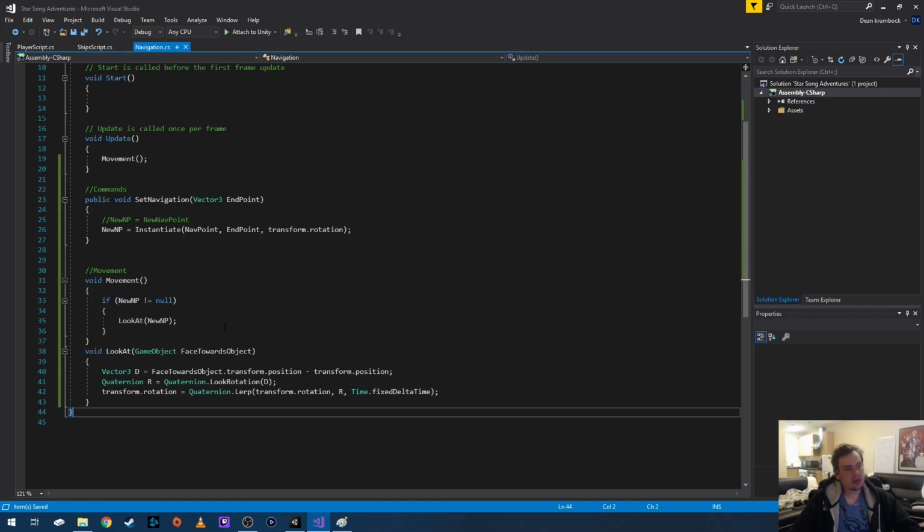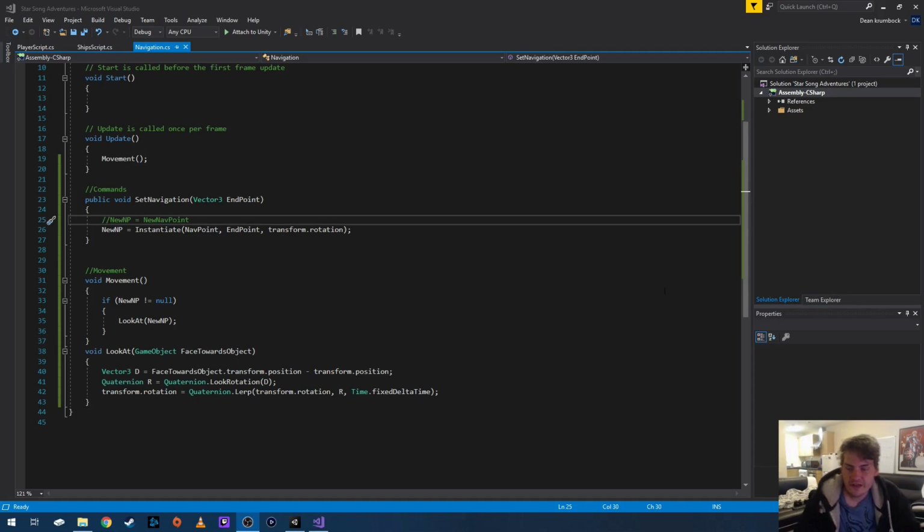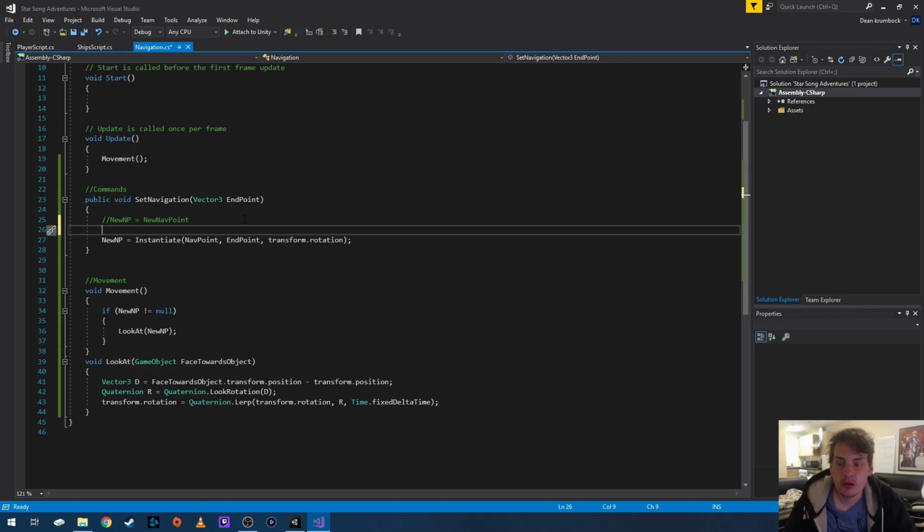And I think the next thing we're going to do is actually getting the spaceship to move in that general direction. Before I forget, actually I should do something, because I just realized that if we keep on creating nav points, it'll just keep on spawning. So what we're going to have to do quickly is tell the game to delete the previous nav point if we want to create a new one. So if